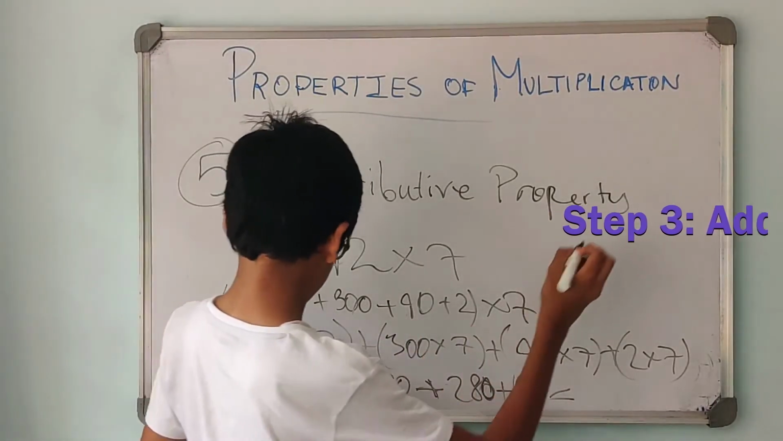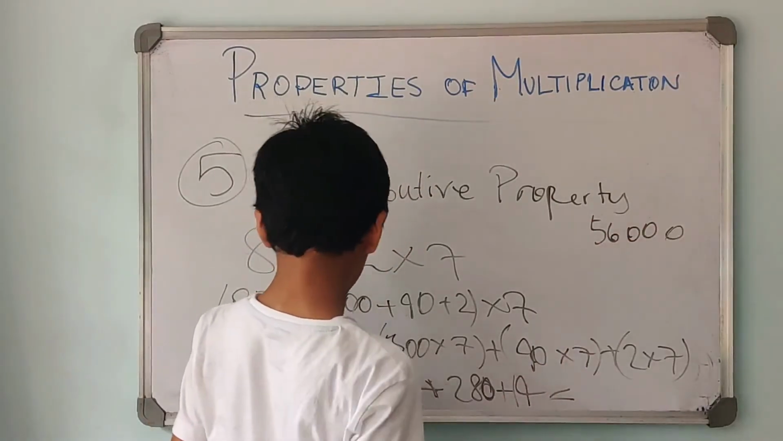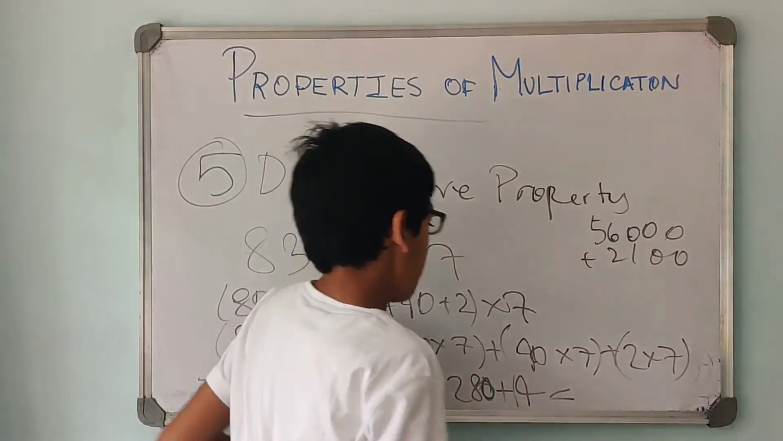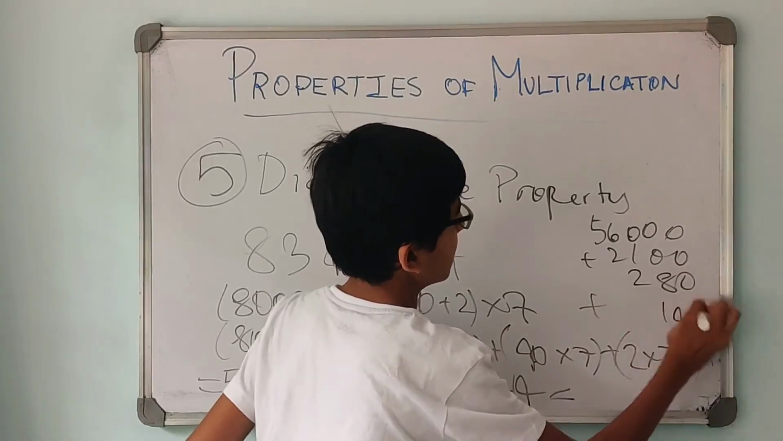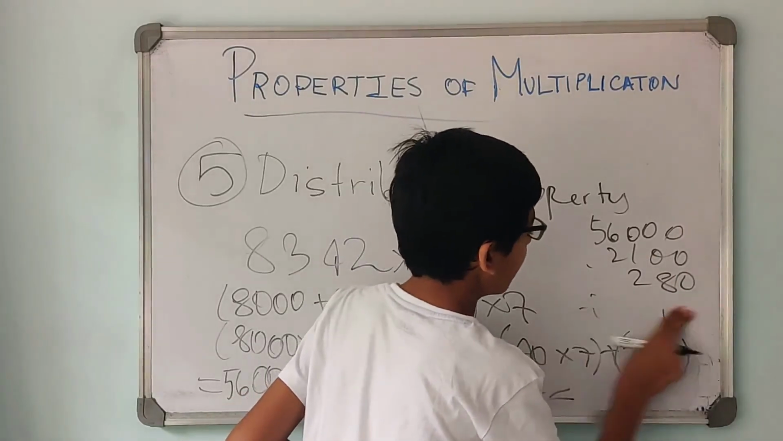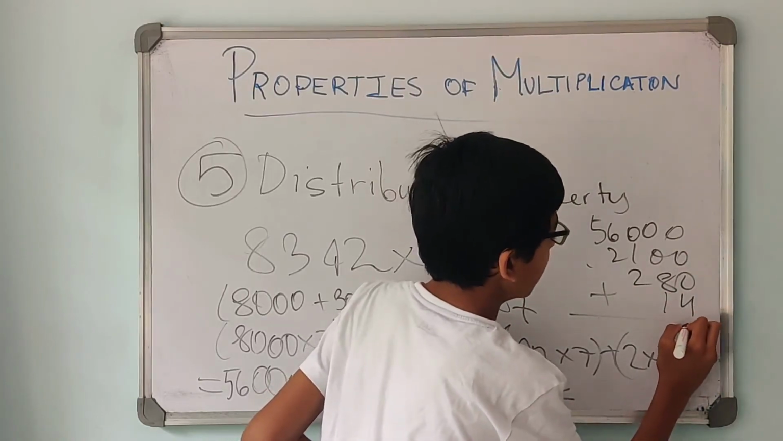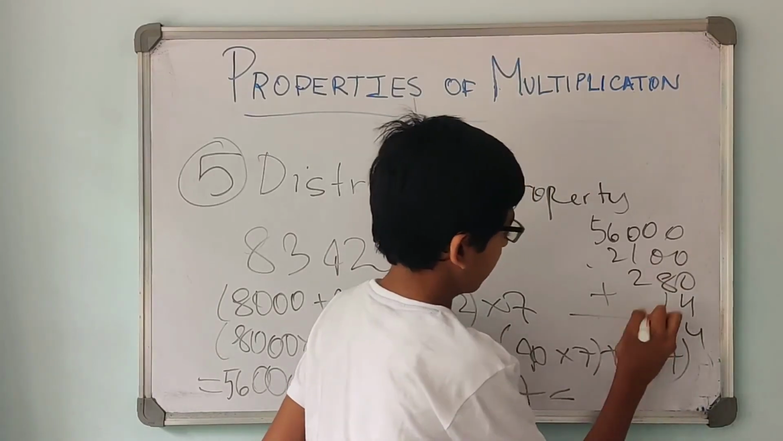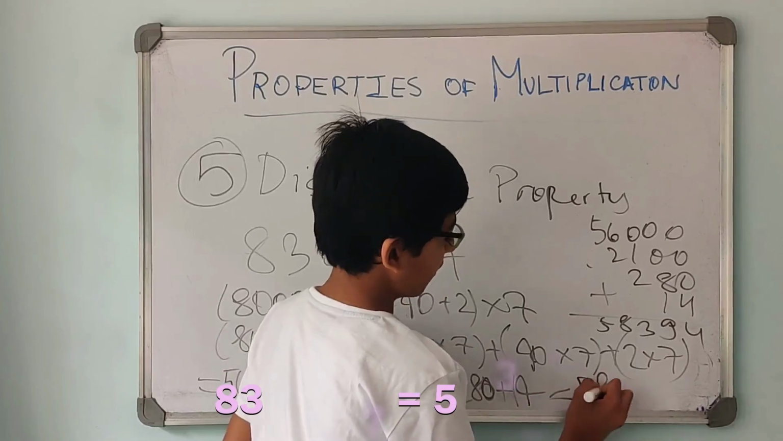So let us add them. 56,000 plus 2,100 plus 280 plus 14. Once we add them, we can get 0 plus 0 plus 0 plus 4 is 4. 8 plus 1 is 9. 0 plus 1 plus 2 is 3. 6 plus 2 is 8, and 5. So our answer becomes